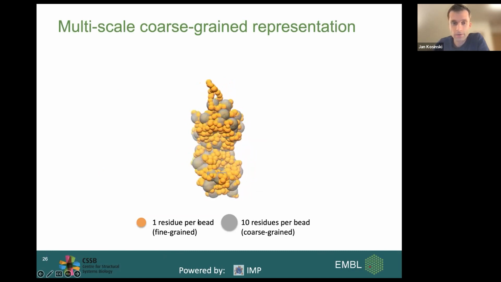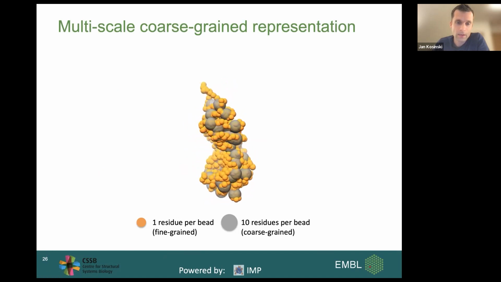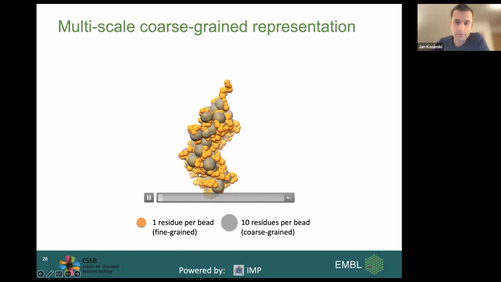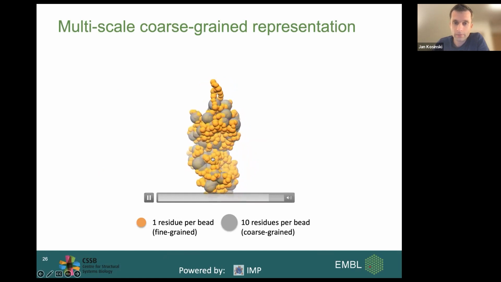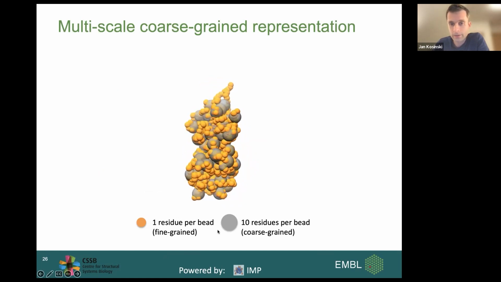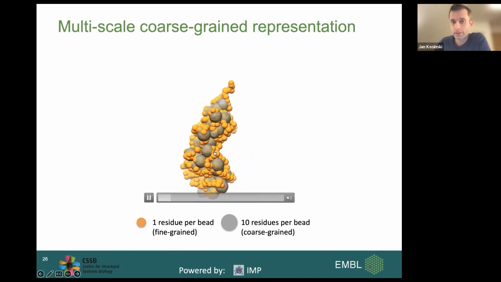So for instance, here you have a structure represented as one residue per bead. Each amino acid is one bead, like a C alpha atom, and at the same time, each continuous stretch of 10 residues is a bigger bead.